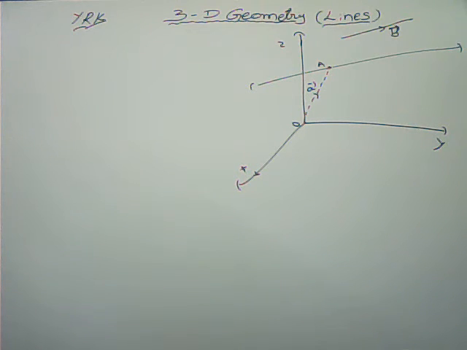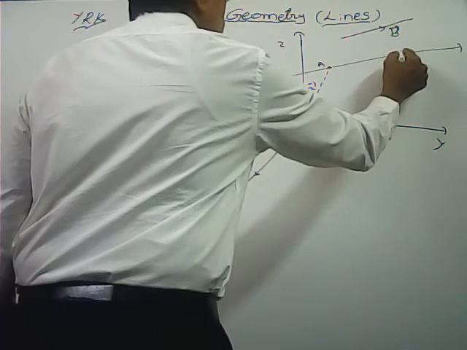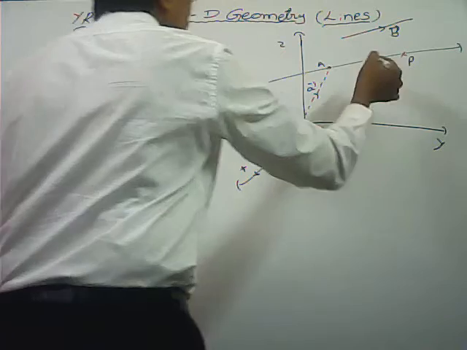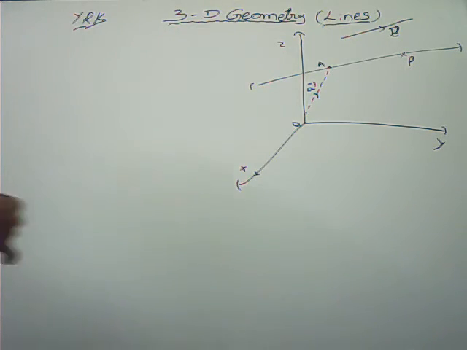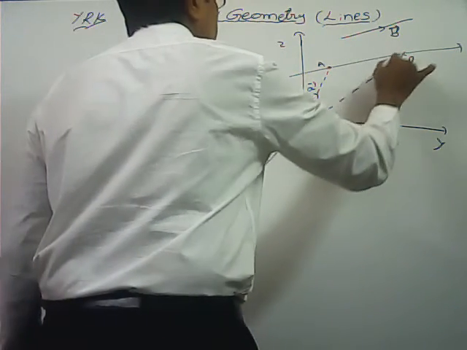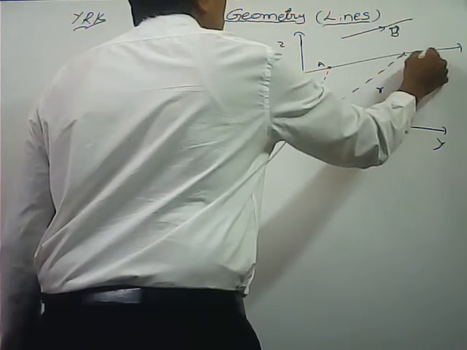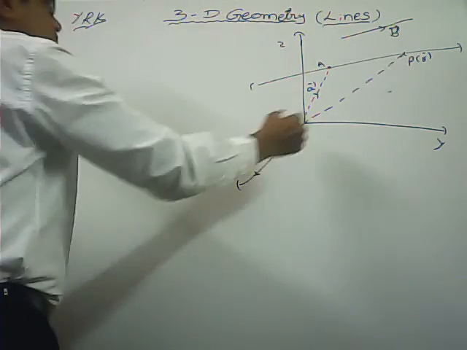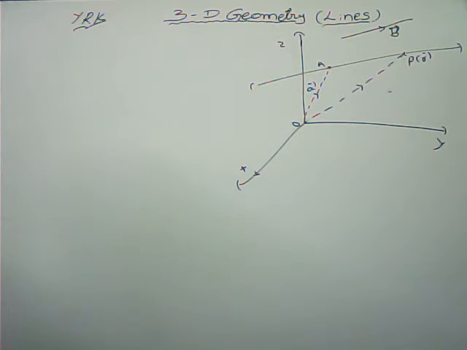In this condition, how to get the equation of the line? In two-dimensional geometry, the general form of the equation of the line is ax plus by plus c equals 0, everywhere x comma y only, variables x and y. Here also we are taking one variable point on that line passing through A. Take P to be a point whose position vector with respect to origin is OP bar, that is equal to R bar.